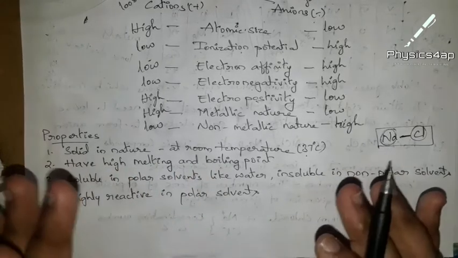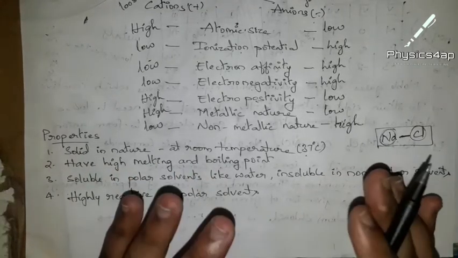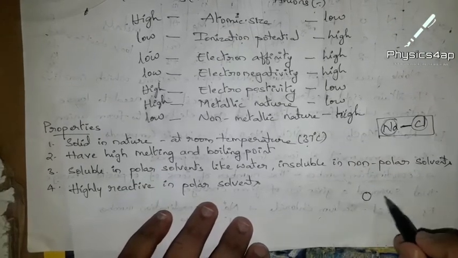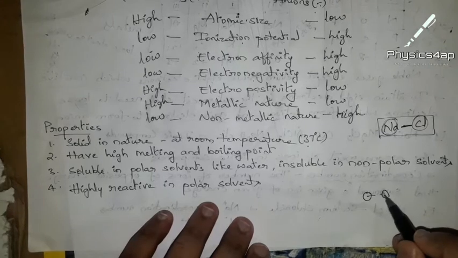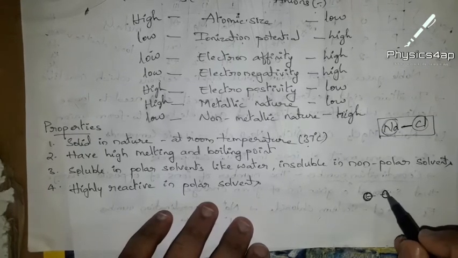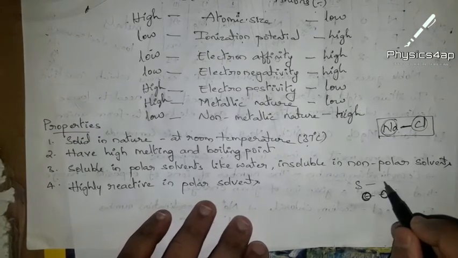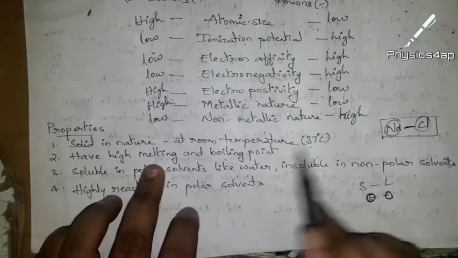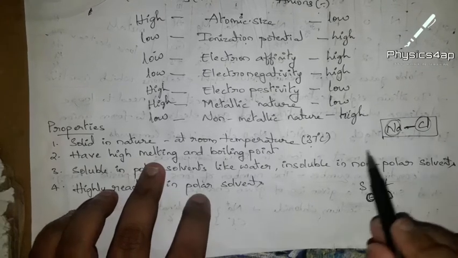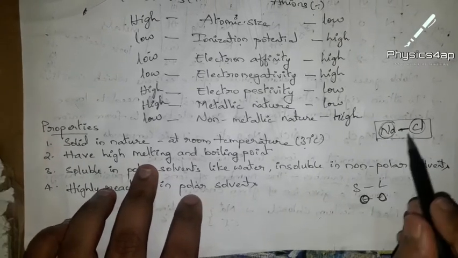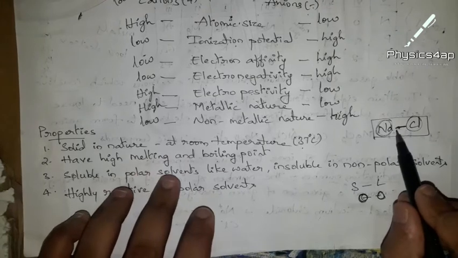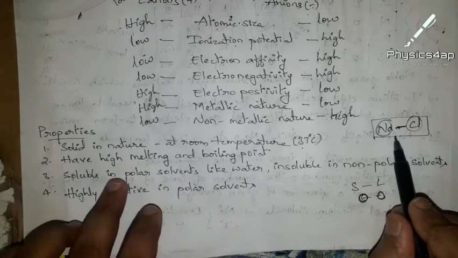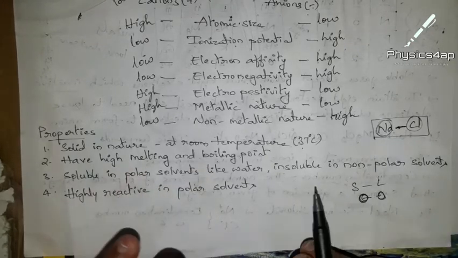So when we convert solid to liquid or liquid to gas, the molecular attraction decreases, that is the intermolecular attraction decreases. That is, from one molecule to another molecule, the attraction decreases when it converts from solid to liquid. So here it has high melting and boiling point, because to break the bond we need to give more amount of energy. Why? Because the ionic compounds are strongly attached to each other and we cannot break them, and that is why they have high melting and boiling point.